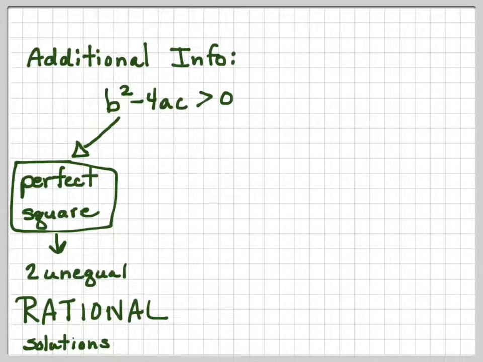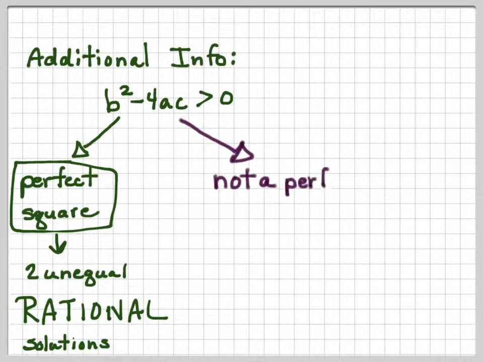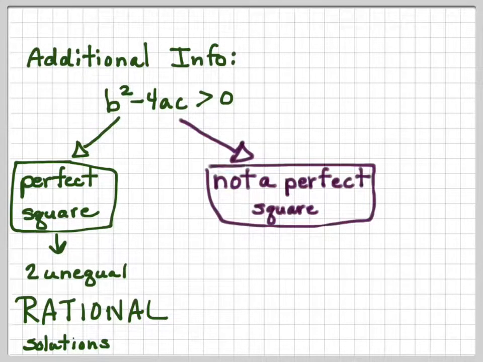A rational number can be described as two integers, one over the other, as long as the denominator is not 0. And if it's not a perfect square, let's say that it is